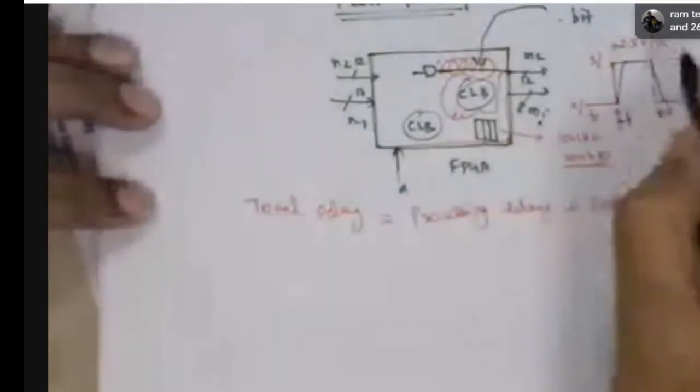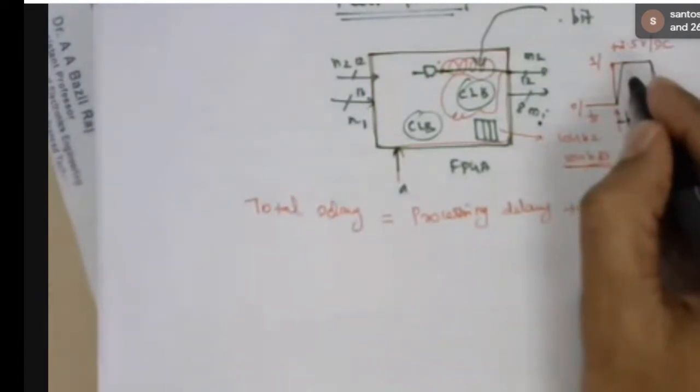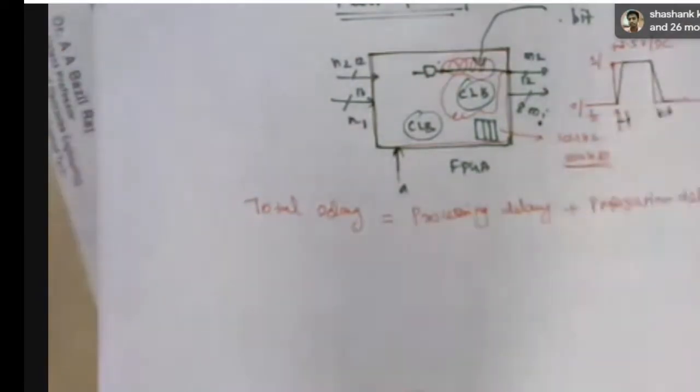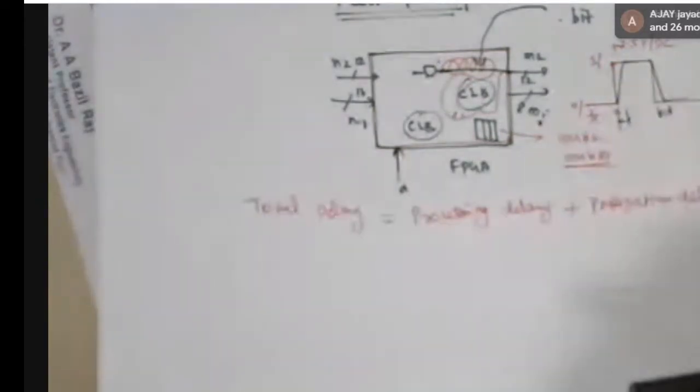Okay, so there is a transition time. The logic 0 to 1 will require some time, and 1 to 0 also will require some time. So all together it is called the clock time. But since the time is very low, we normally ignore it. Correct? This is one thing. You keep it in your mind.